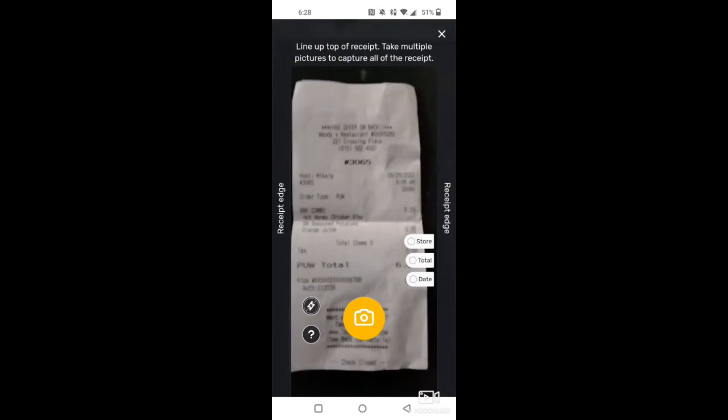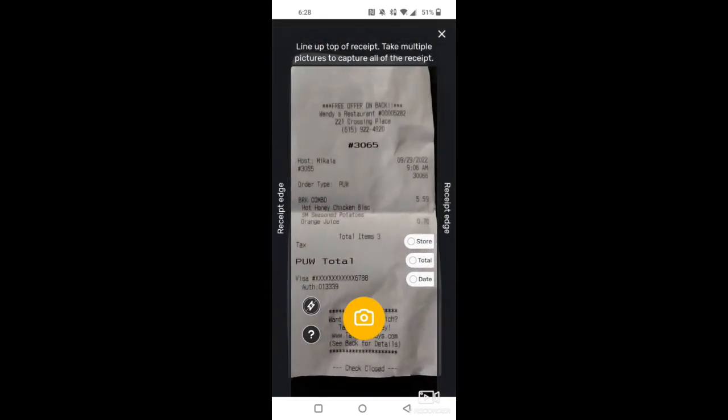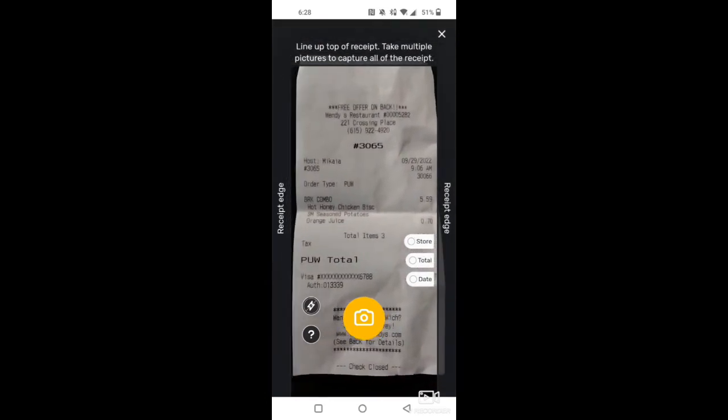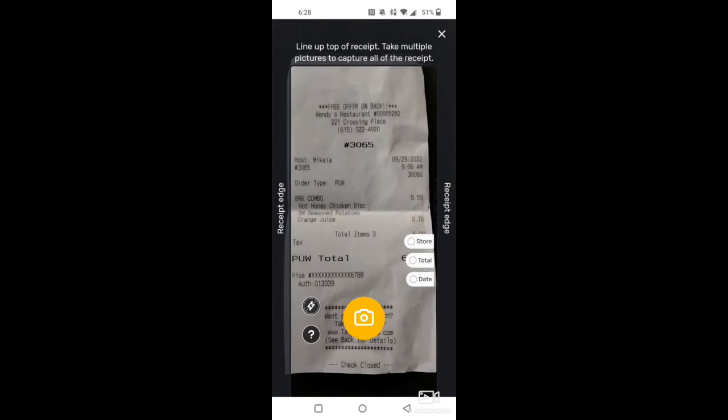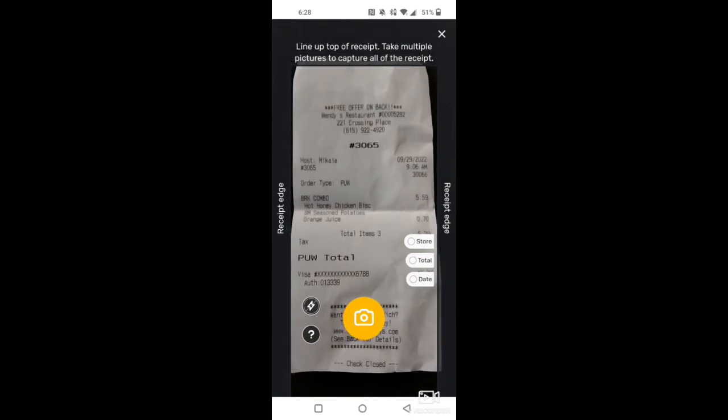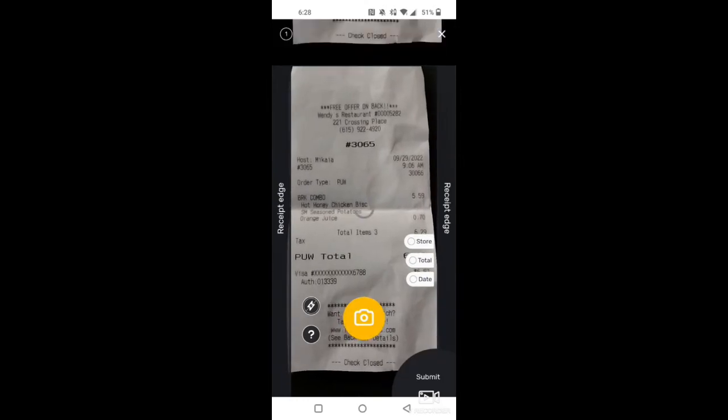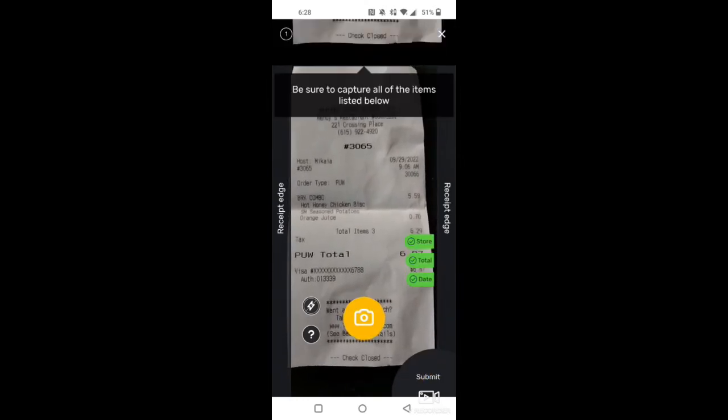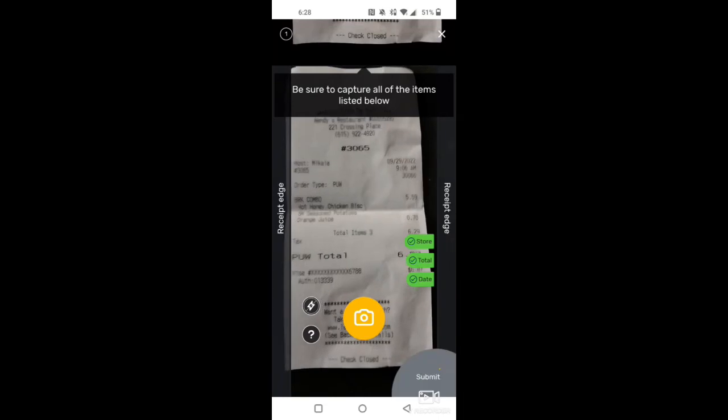So I'm just going to go over it. And you want to make sure that it has the store name, the total amount, and the date all in the receipt, okay? So you're just going to click on the little snapshot button, the camera, and once those 3 icons light up green, you're good, and you're just going to submit. Once you've done that,